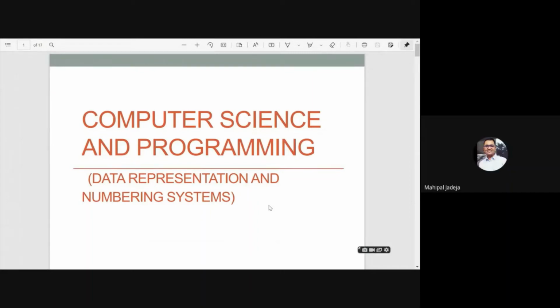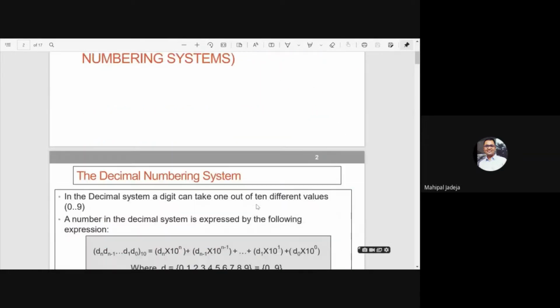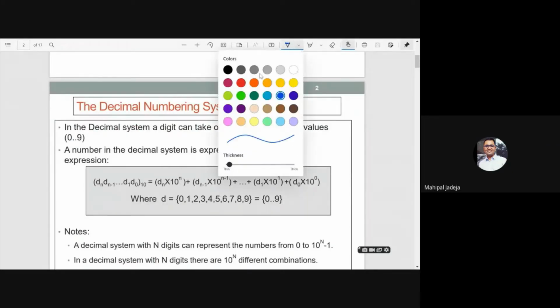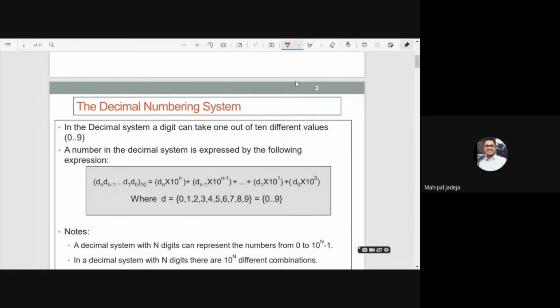Mainly, we are going to talk about data representation and numbering system. This topic is very much important in order to understand bitwise operators. Okay. So, all of us know about the decimal system. For example, let me consider one number. Let's say the number is 5478, right? Then